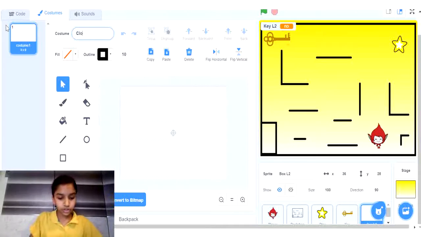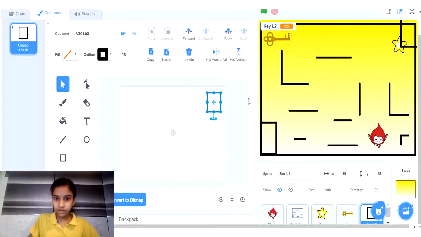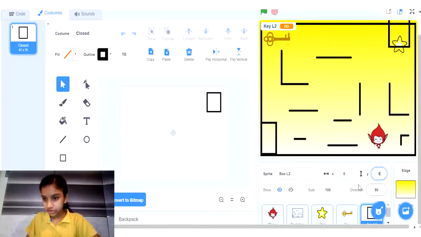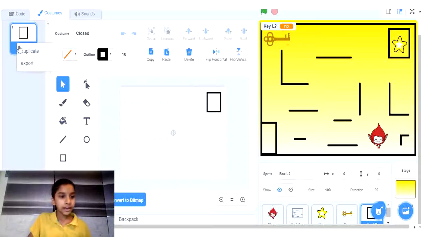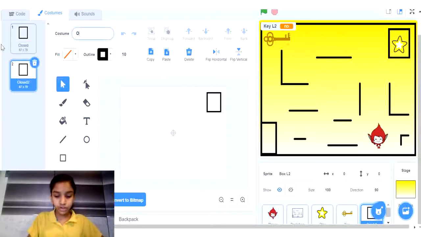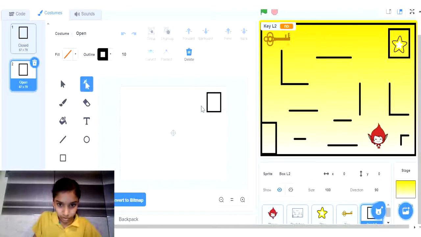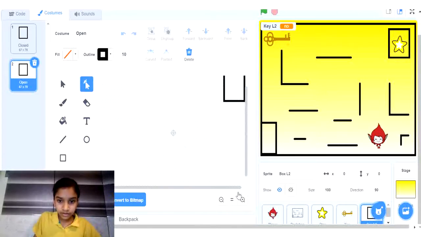And then I'm gonna make two costumes. One of them will be the closed costume. I'm gonna paste it, and then make it the same coordinates, 0, 0. And then I'll make another costume that says open. So whenever they get the key, the box opens so that the player can go in and get the star. So what I'm going to do in the open is that